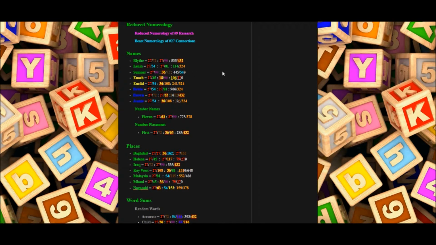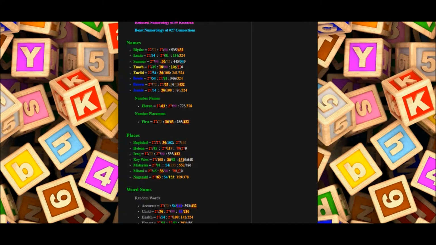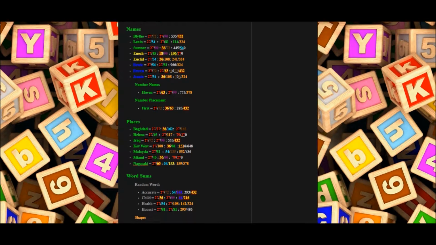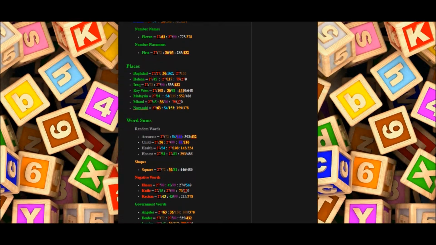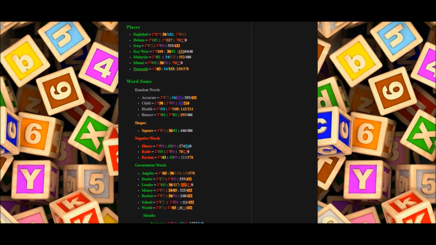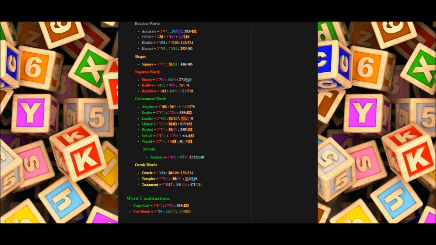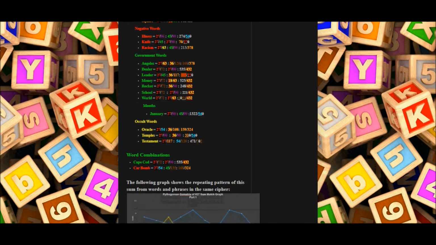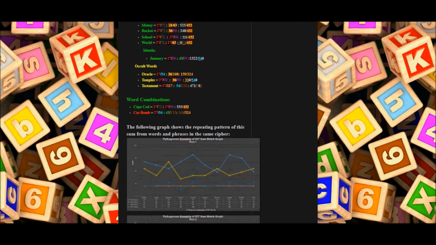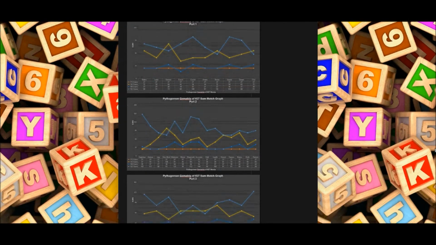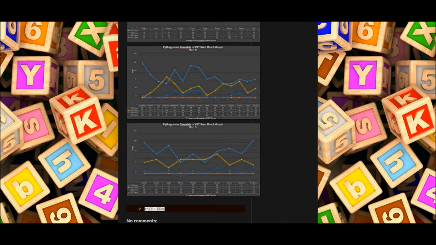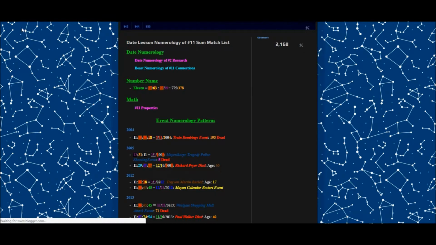But I don't want to get ahead of ourselves. So notice all of these equal 27, and I have them color coded for you to understand which ones are connected to what in categories. So words, random words, shapes, negative words, government words, months, occult words, word combinations, and then there's a graph down here of those words and how they relate to each other. So, for example, that's what happens if you actually click on one of these. It'll take you to those